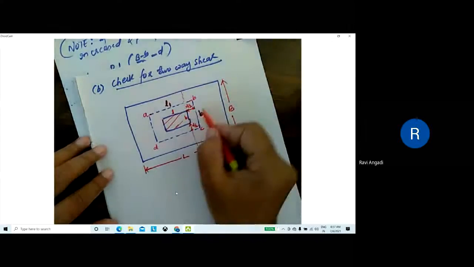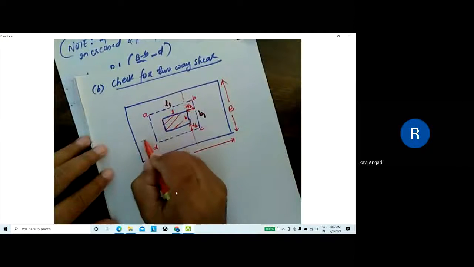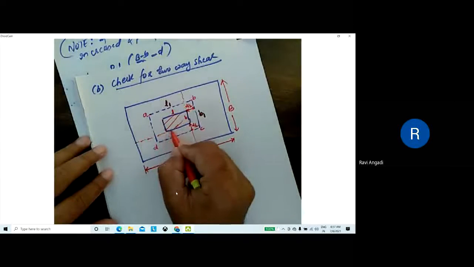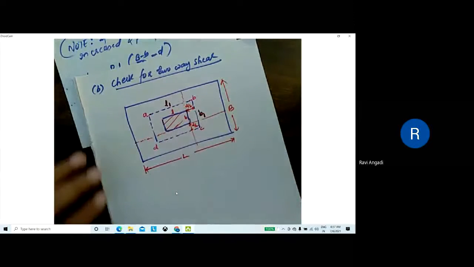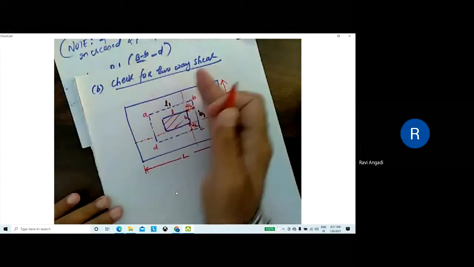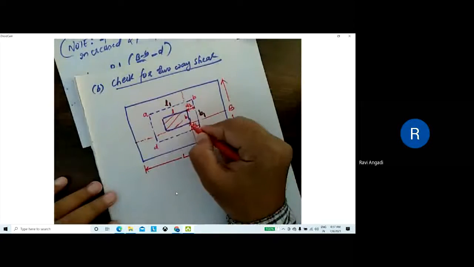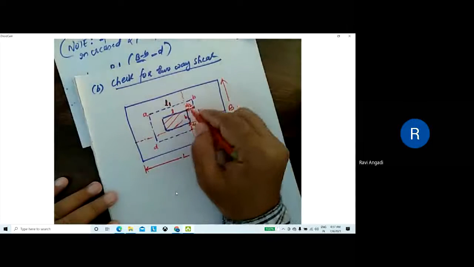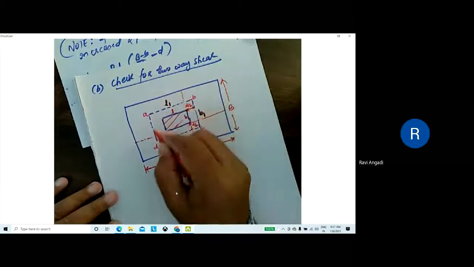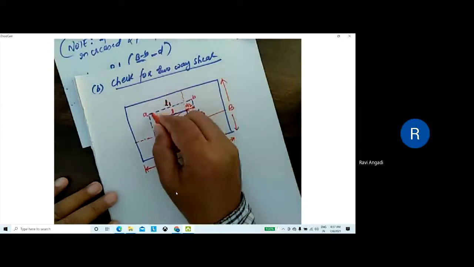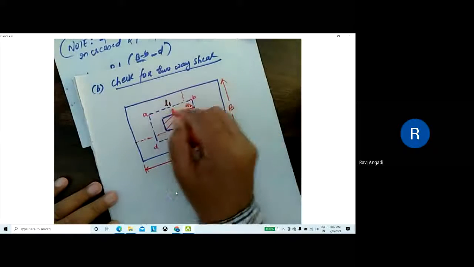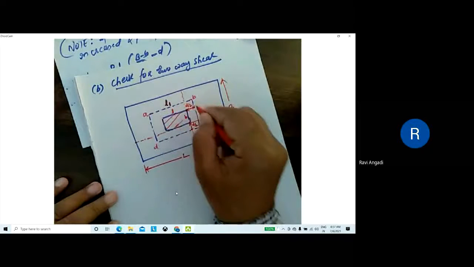From the face of the column, it is at a distance of d by 2 from both sides, along the length as well as along the width, that is critical. When you take a distance of d by 2 from both sides, you will get one rectangle, A, B, C, D, and this rectangular portion is most critical.